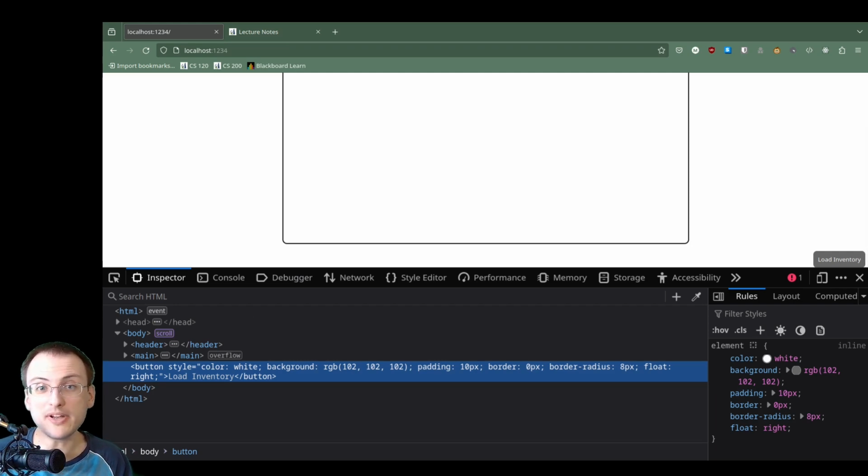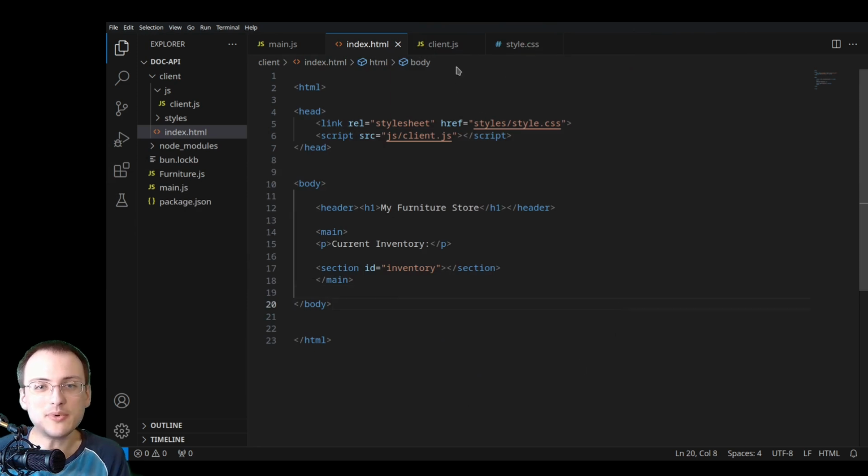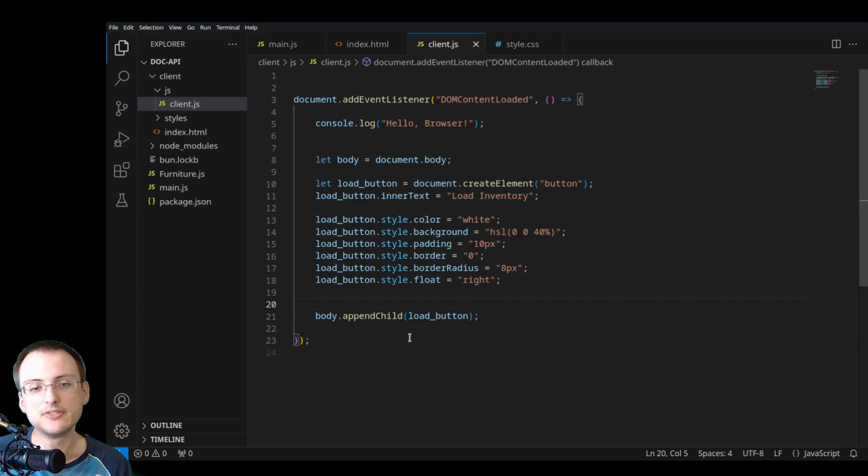So this is already really great. What I want to look at next is, I don't want that button to be way off on the right hand side of the page. I actually want to add it to this other element that already exists. So when I want to access an element that already exists, I can do so using one more document function,